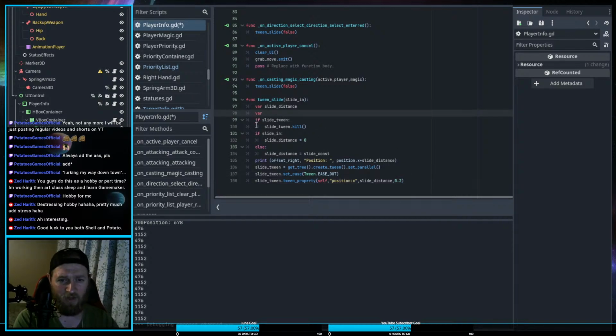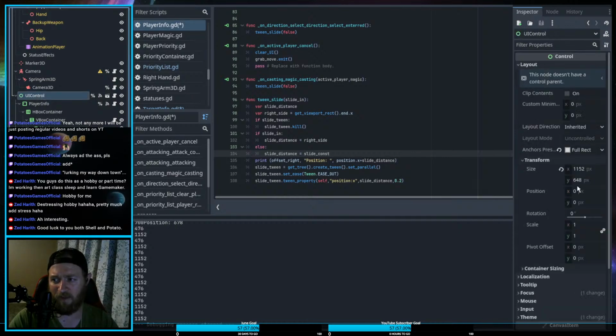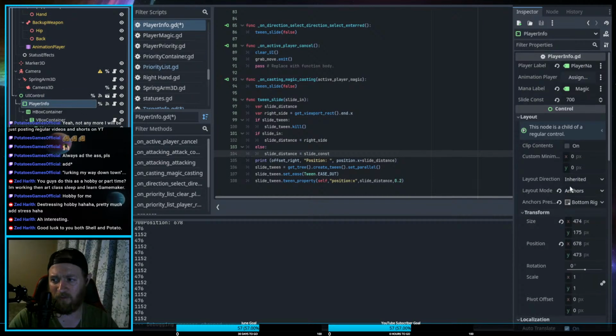Let's see. So I think on this, all I need to do is right side equals get viewport rect dot end dot x. Now I think I need a function there. So that's going to be the right side of the viewport, and then I take slide distance equals right side, and then slide distance. Let's see, and then I guess I need to know the offset. So this is going to be 1152 offset to